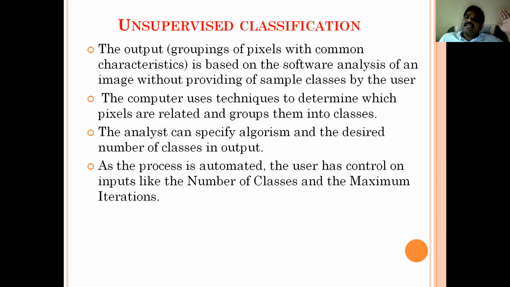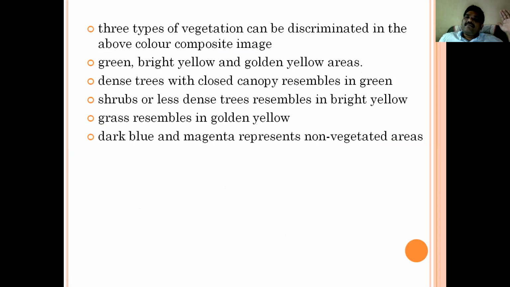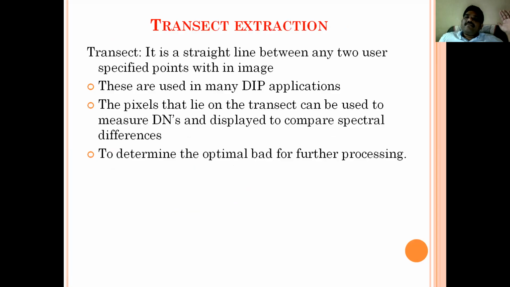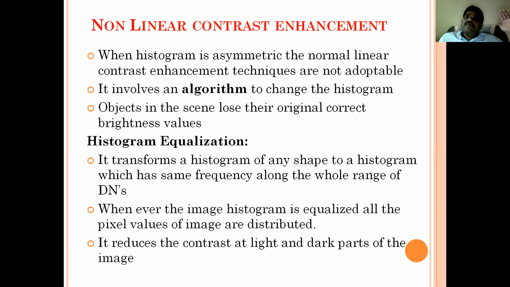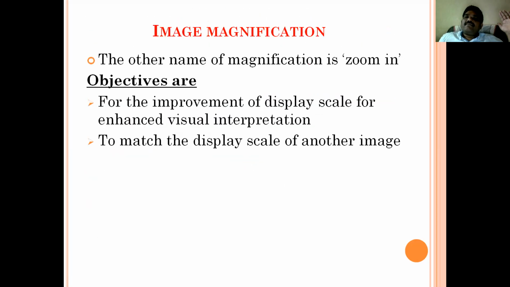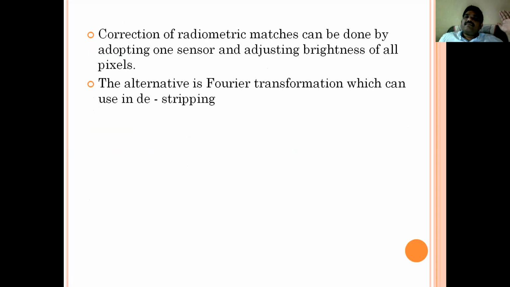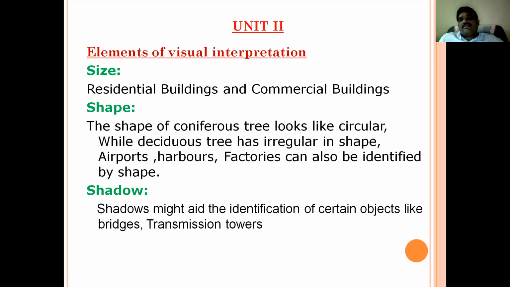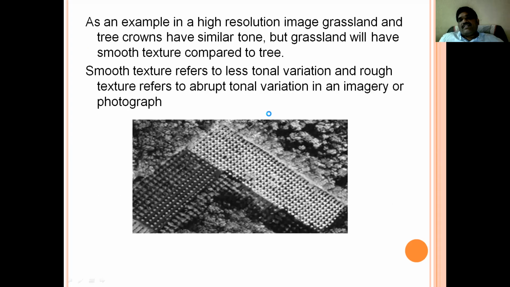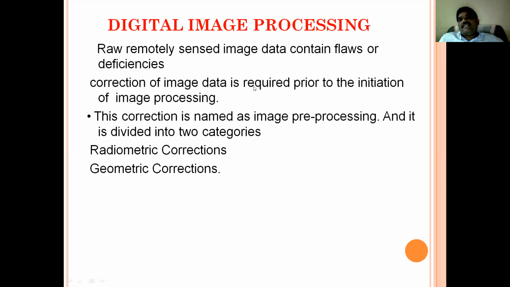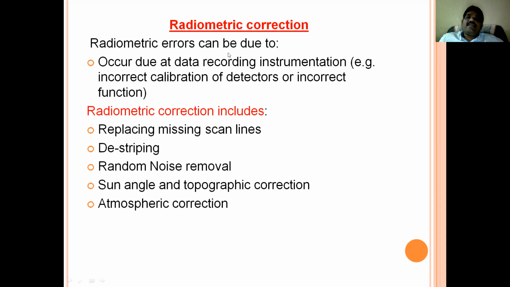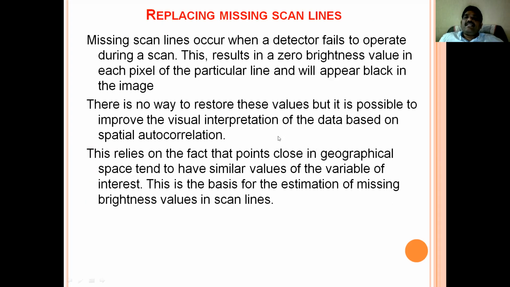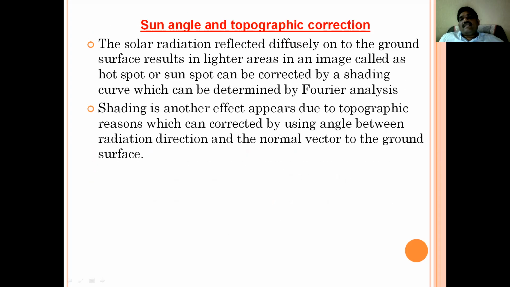Now in this unit, this is the second unit. The first topic is elements of visual interpretation. After that, digital image processing. In that, the first topic is image pre-processing. We have finished image pre-processing, and next is